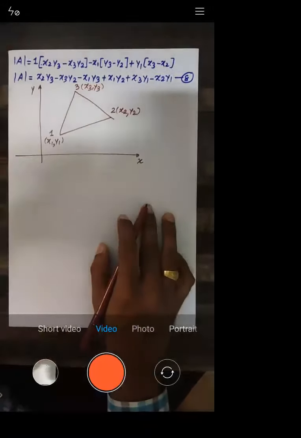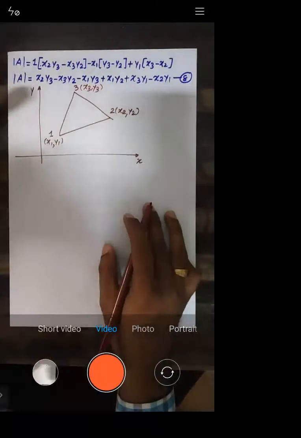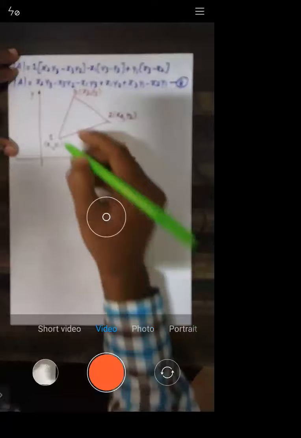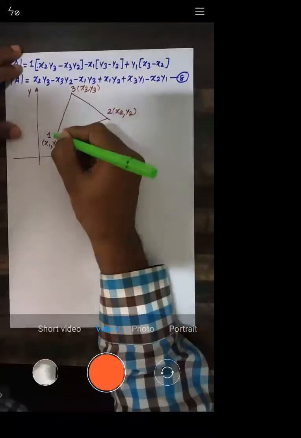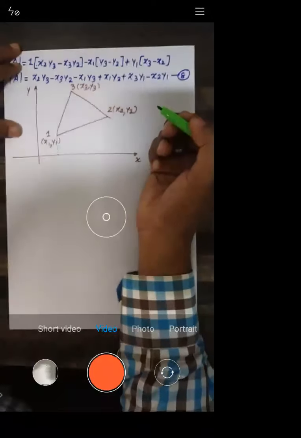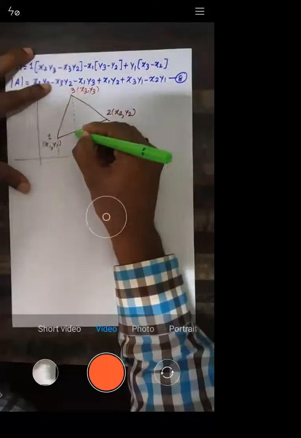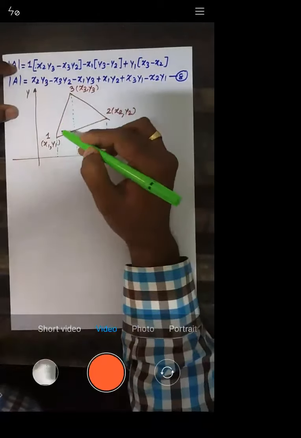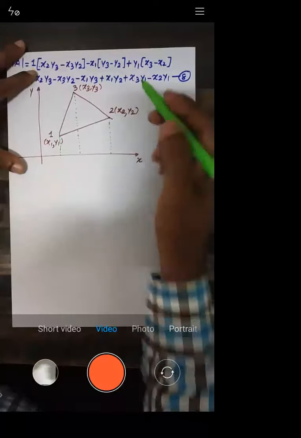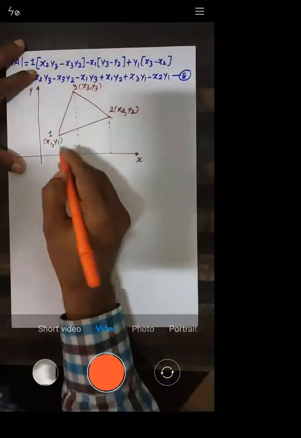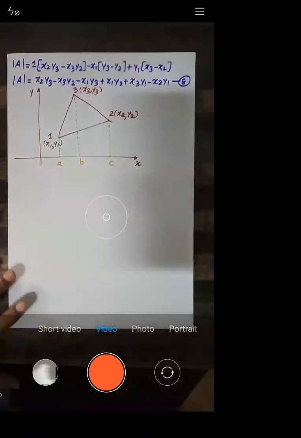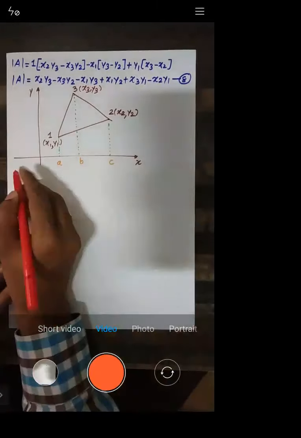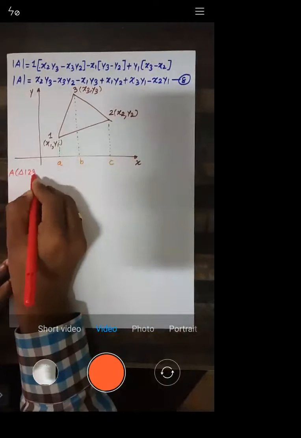Now I'm interested in calculating the area of triangle 1, 2, 3. In order to calculate that area, I will divide this triangle into different shapes, 3 shapes. I'll call this point A, this point B, and this point C. Try to understand: if I need to calculate the area of triangle 1, 2, 3,